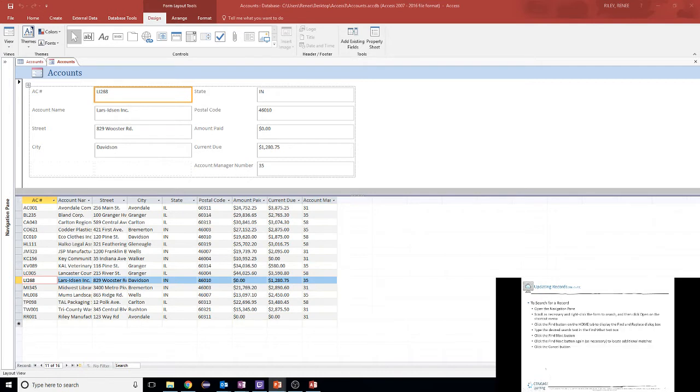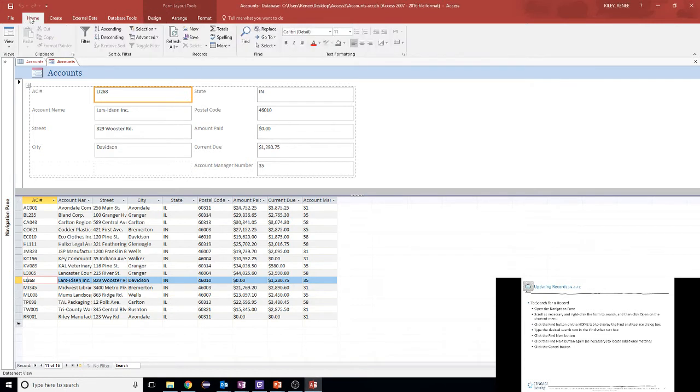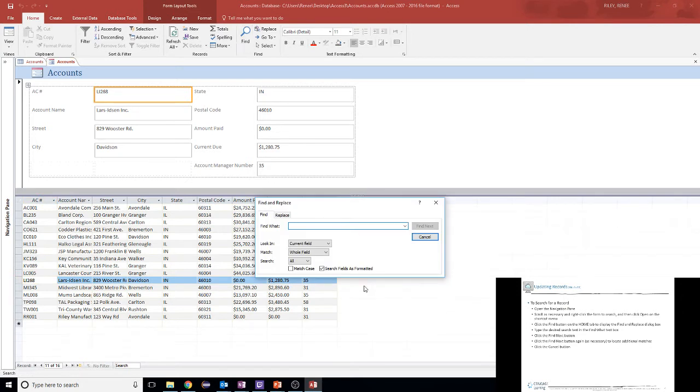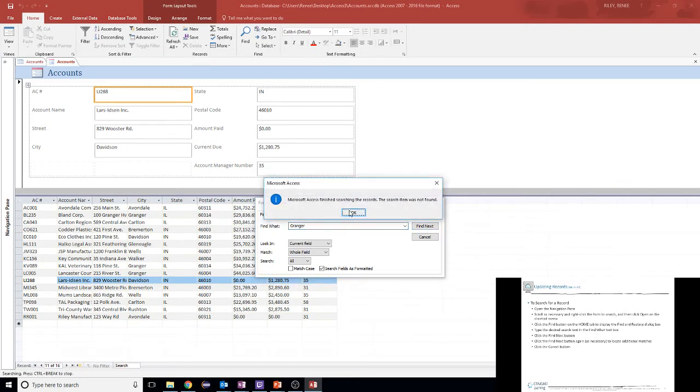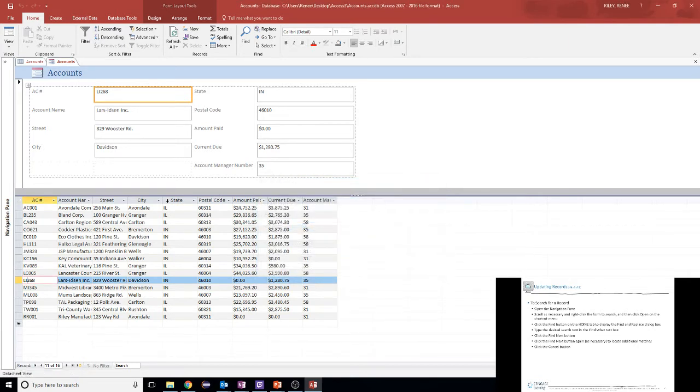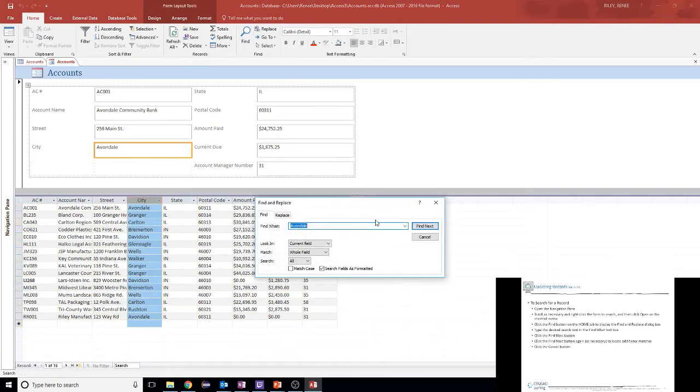Now that shows me how to add records, and if I want to search for a record, again, I could open my form if it weren't open, and then I could use on the home ribbon the find tool, and I could find Granger and find next. Well, what I need to do is click on this city field, and now when I do find, I should be able to find Granger. There it is,